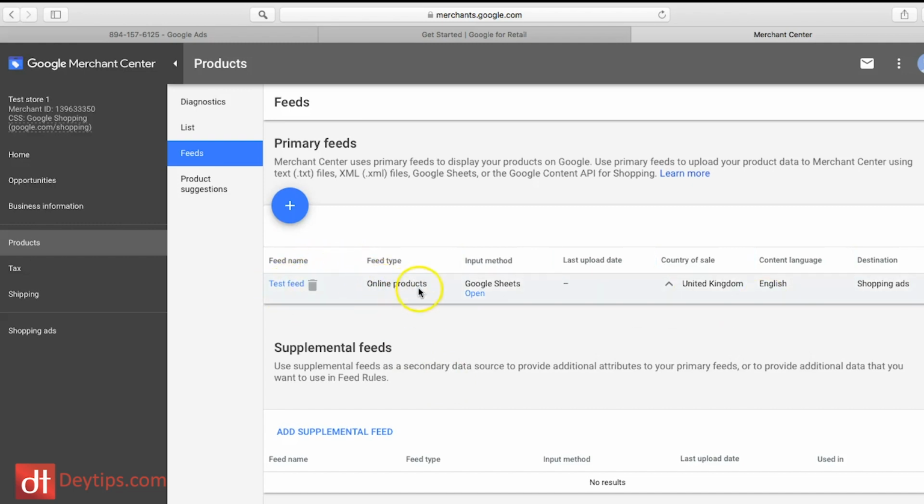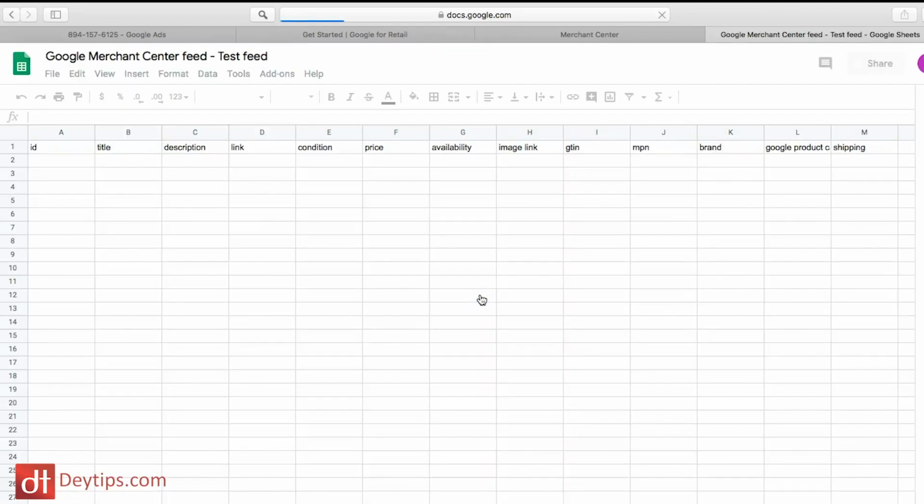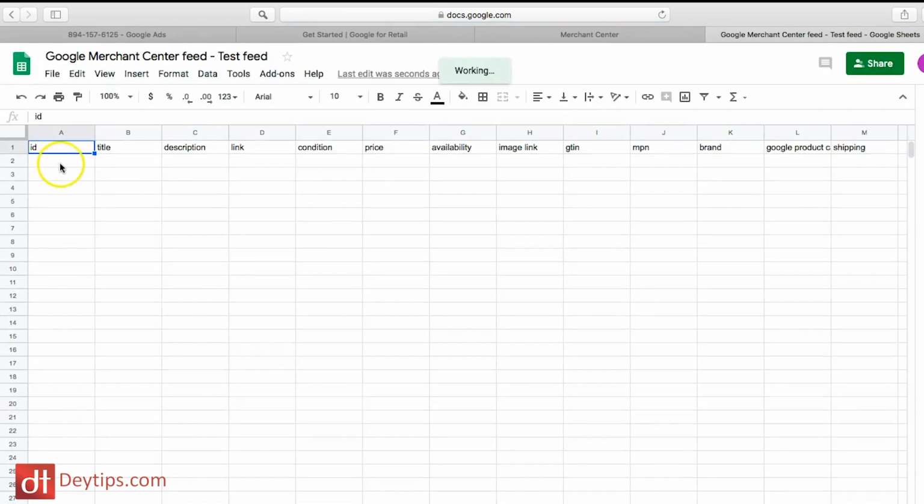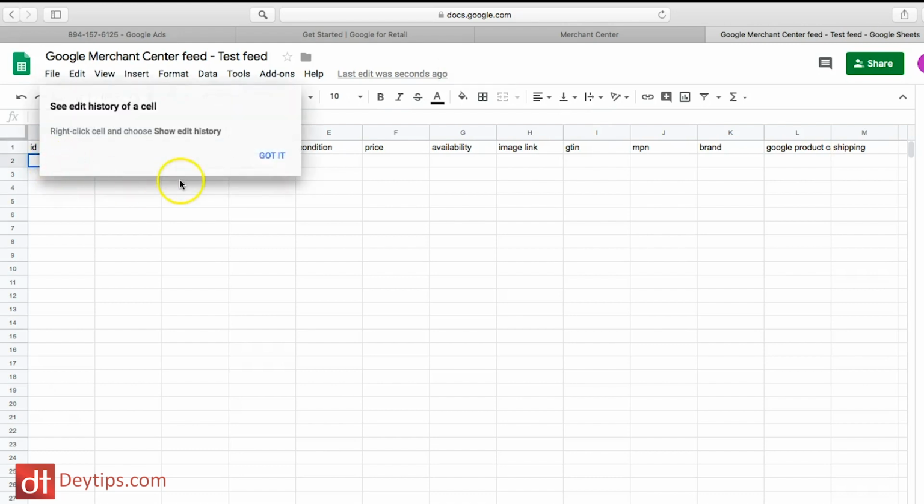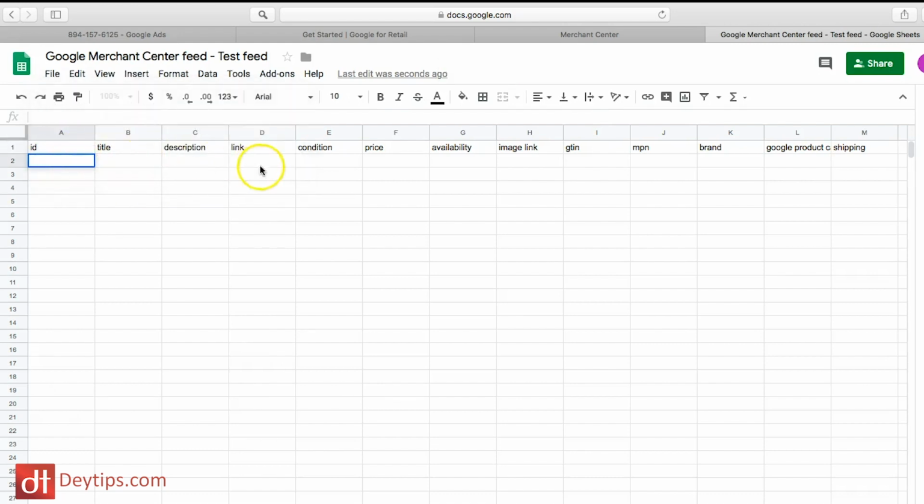And what you can now do is update your sheets by going to open, clicking this open tab here, and it will open up and show you where you can enter the information for your products. So your product ID, whatever your product ID is, you can put that there, and you're going to want to list the information for all of your products. So for example, you can literally just list it once. That will be my first product, and the title of your product. So I'm going to put red curtain,